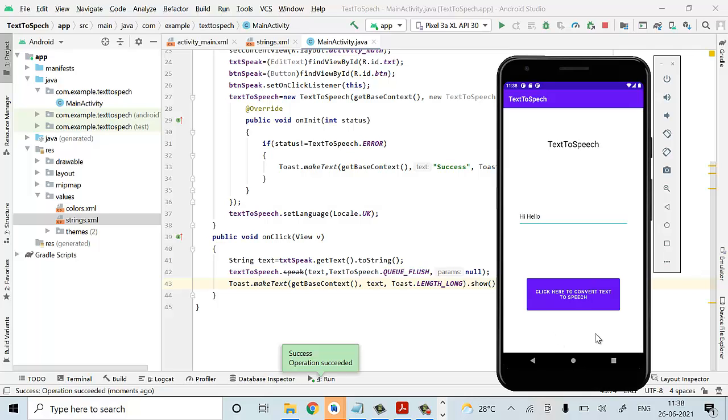It simply displays the message at the bottom of the phone. Here that particular text will be displayed when I click this button. Now you can check it out, we got it: Hi, hello. This can be done with your emulator. Now I'll connect my phone to my laptop and let you hear how it works. That's it. Close this particular emulator.